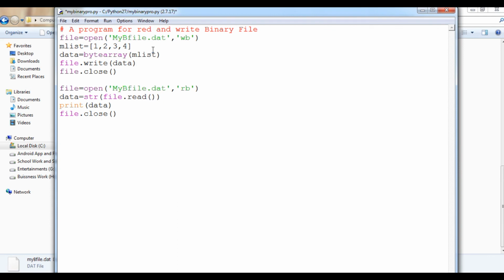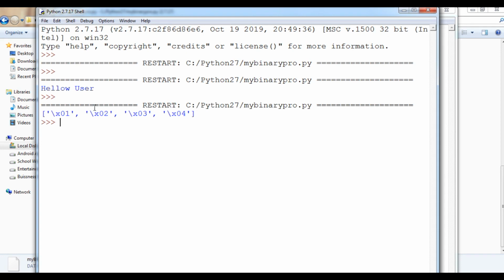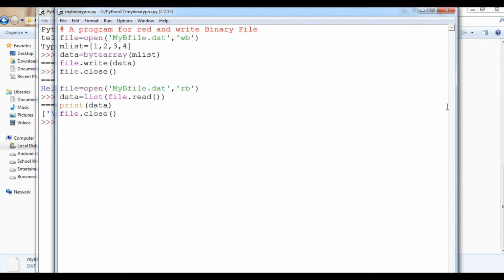The data has been written, and now I will typecast it into a list. Let's see the example again. I created the file in write binary mode, created the list, typecast it into bytearray mode, and then wrote the data. Then I opened it in read binary mode, read the data and typecast it into a list, and the data is stored in the data variable and printed. So let's see. Now you can see that we can access it directly also.